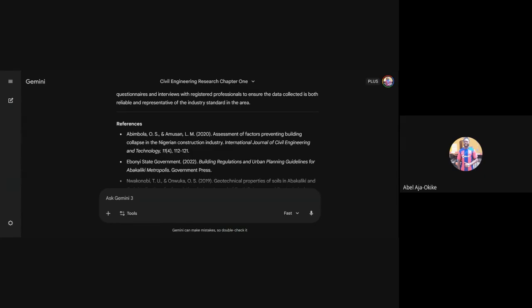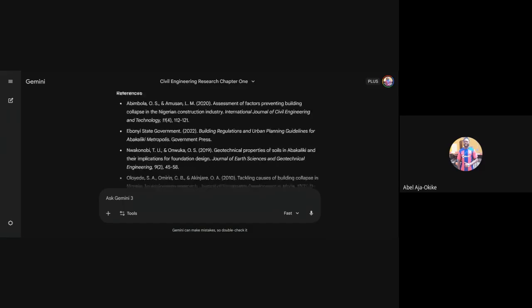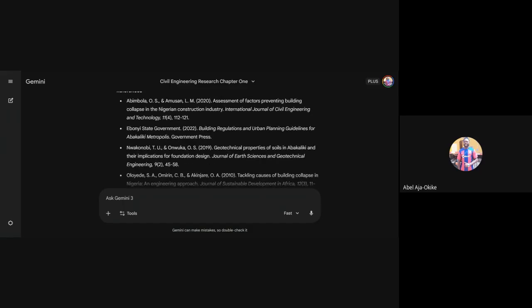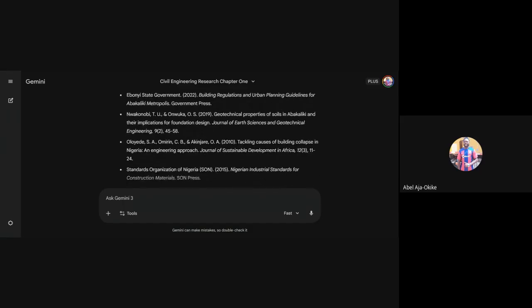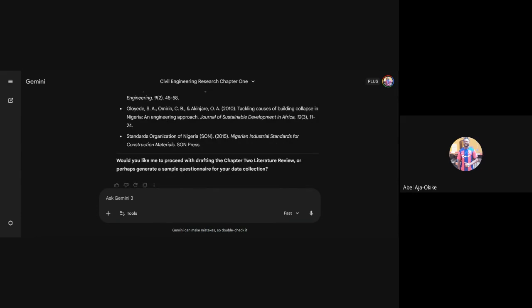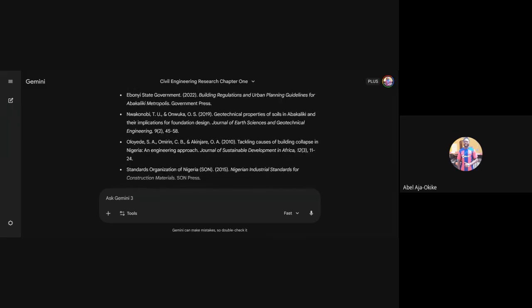Another thing to note is that your references must be arranged in alphabetical order. This is A, this is E, this is N, this is O, this is S. These are actually few, but it works for an undergraduate research. If you're writing a master's, your references for chapter 1 alone are at most times close to 2 to 3 pages. So I believe you've gained something now.